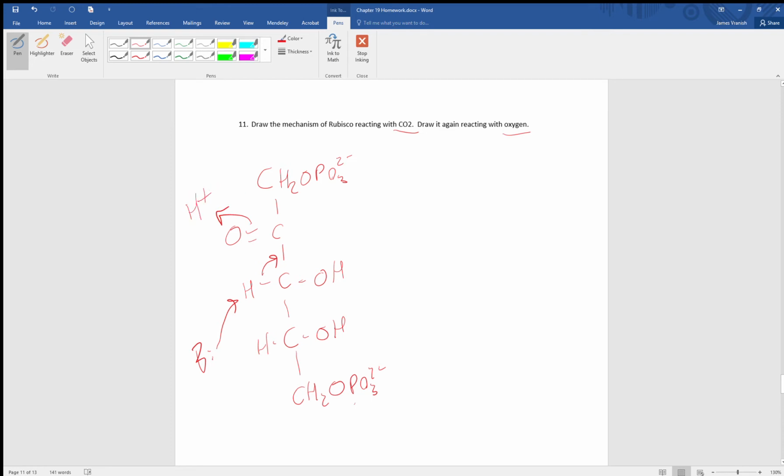Like this. So what we have then is this sort of species. I'll just draw R for the rest of it. Now this enediol species is what's going to do our nucleophilic attack on CO2,